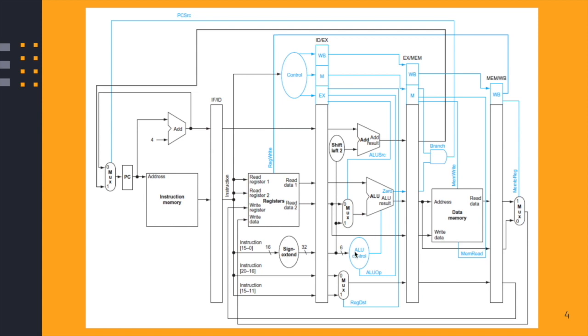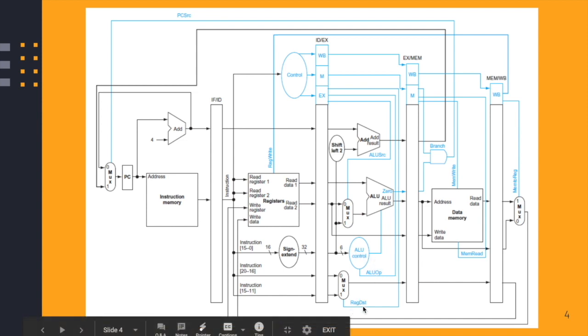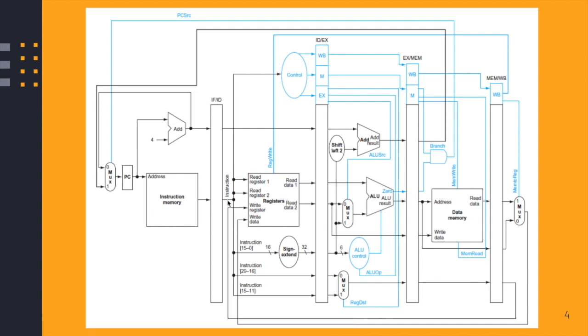Okay? Also, you'll find something new, which is the RegDst control signal. This RegDst control signal was used in the write back stage to select the destination register, whether I'm going to write my value to register RT or to register RD. Okay, so it selected the destination register. This logic was initially present before the register file. So in the write back stage, before accessing the register file, it was present here. This multiplexer was present here, and the RegDst selected which register I should write my data to,